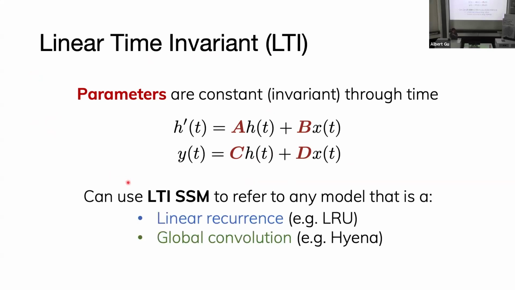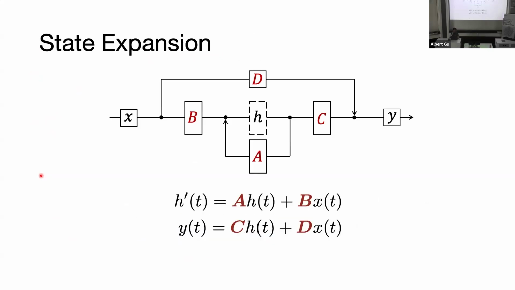There are lots of derivatives of these models that can focus on either the convolution or the recurrence point of view. And sometimes I'll just call them linear time invariant SSMs, just to distinguish them. Now, the second key characteristic that I've alluded to, and here I've illustrated it in various ways,